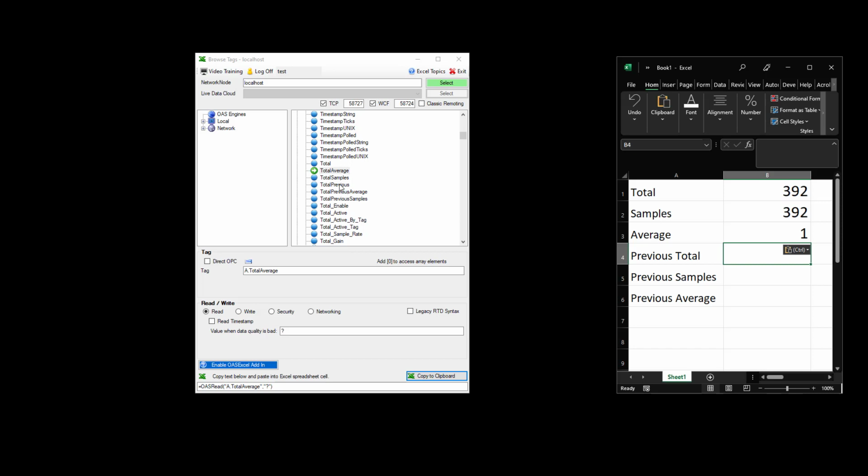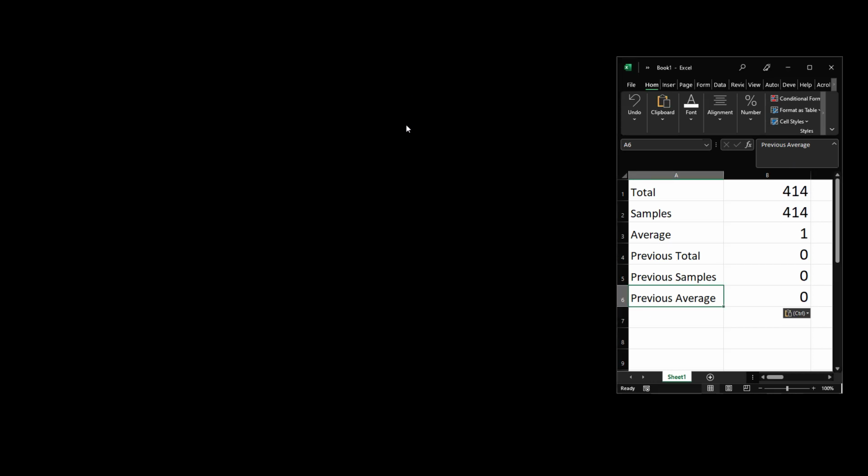Let's also grab the previous total from the total previous variable, previous samples, as well as the previous average. When we reset the tag, we'll see that these values will be shifted from the current total down into the previous total. So let's go back to the configure application